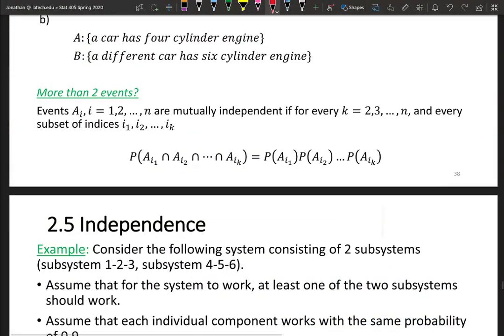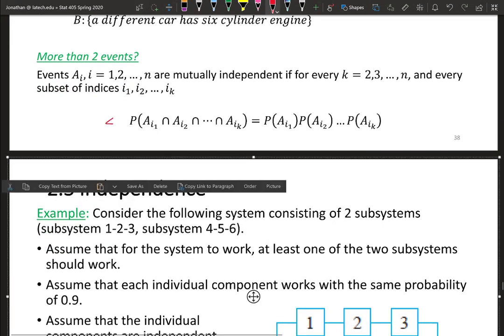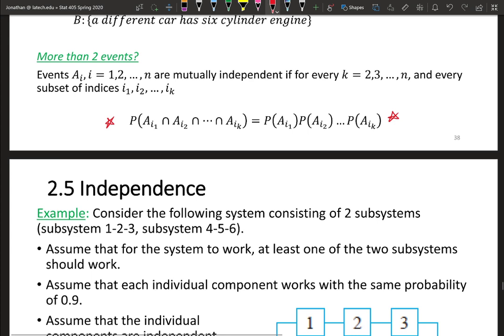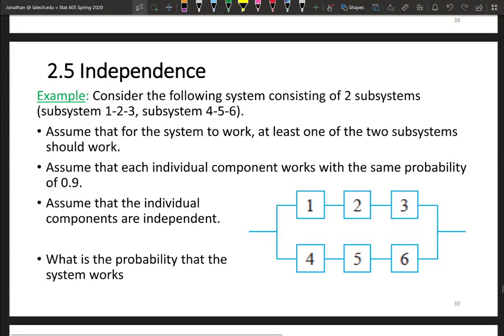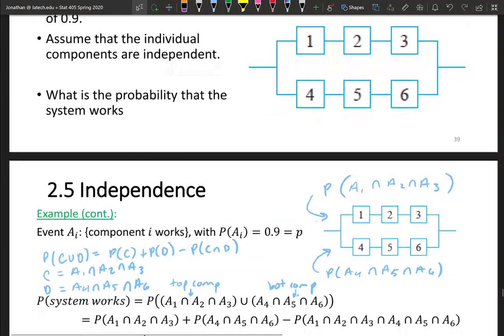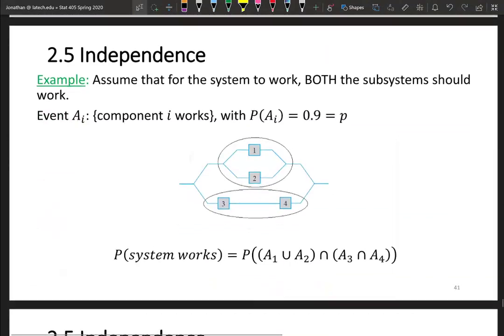We talked about the generalized multiplication rule, right here. That's really important. If you have mutually independent events, A1, A2, through AK, where none of them are affecting each other, then you just multiply the individual probabilities together if you want the probability of the overall intersection of all of these events. That was something we wanted to cover last time. We looked at this example here and worked it out. Let's do another example